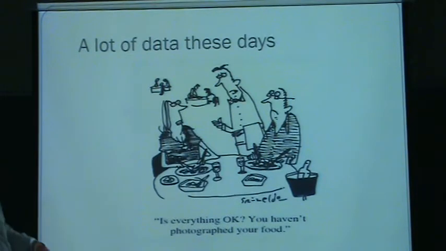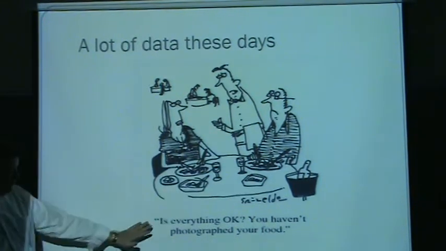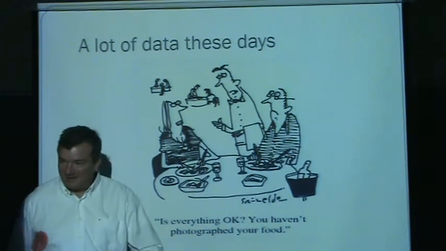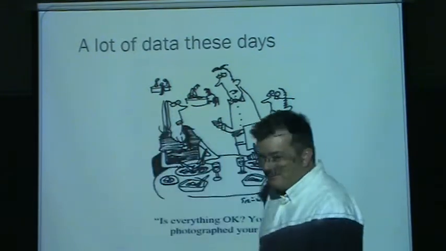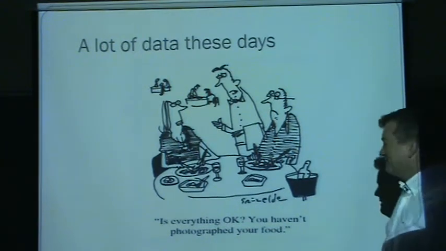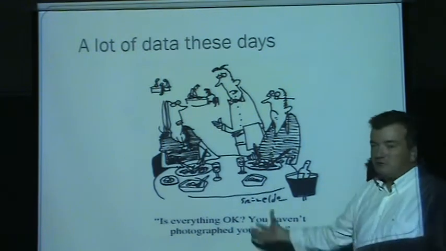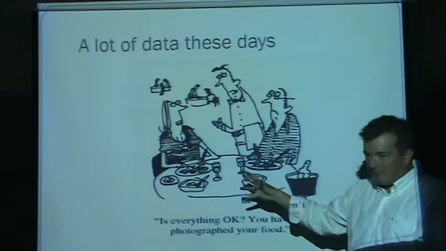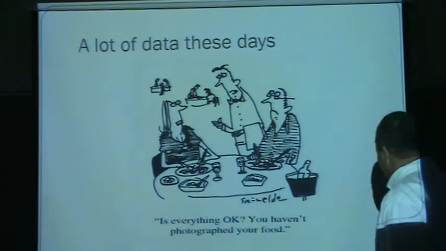So this is just a cartoon where two ladies are sitting at a restaurant and the waiter comes over and says, "Is everything okay? You're not taking a picture of your food," right? So a lot of people now go out to eat and their food comes and they take a picture and then they put it on Facebook and they put it on Instagram and then everyone comments on dinner and then they start putting pictures of their food. So all of these pictures have to be entered into a system, and then whoever your friends are gets a copy of the pictures, and there's lots of data that has to be calculated and searched through very, very quickly.